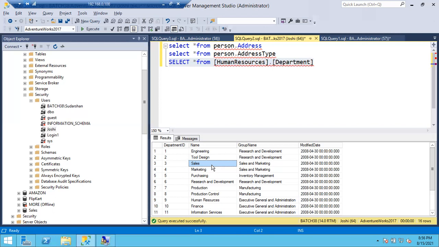But logically, is it possible? Now you tell me, we have discussed a lot of points, right? No need to practice: is it possible to create multiple users for the same login in the same database? Logically, just think logically. No need to test it also. First of all, my question is why you want to create multiple users for the same login in the same database? Second question is, is it possible logically to create multiple users in the same database for the same login?